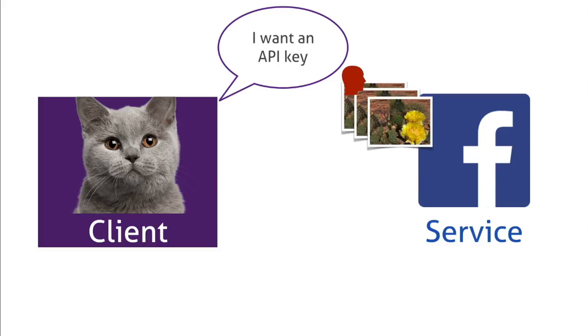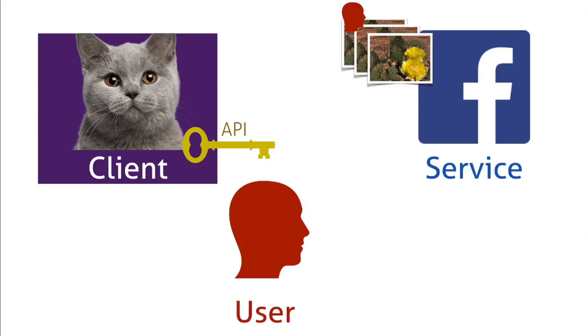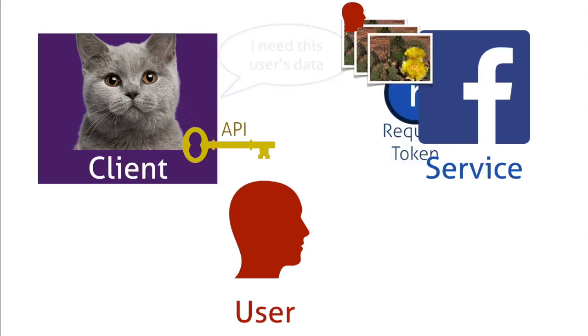And Facebook might verify that the client isn't actually violating its terms of service, and it gives the client an API key. Then, at some point in the future, the user decides that they want to use the client for some reason, and they want their photos to have cats on them. So the client tells the service that it wants this user's data, and it flashes its API key to request it. But of course we shouldn't allow the client to just get the user's photos, so what Facebook does instead